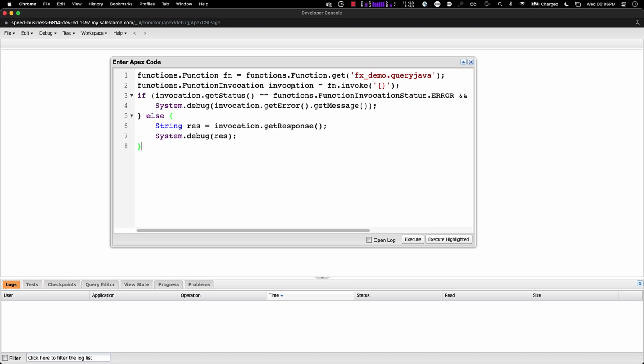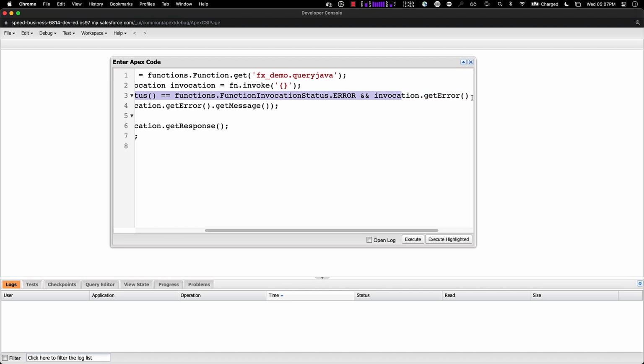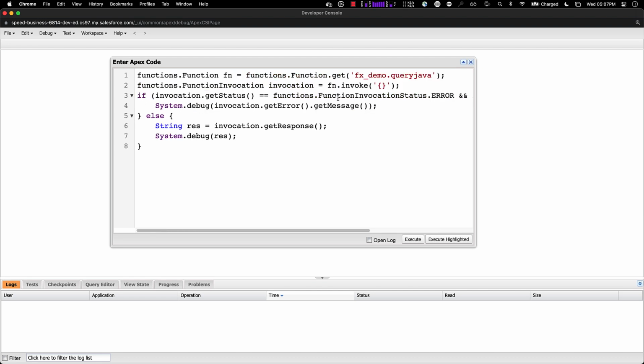I'm having the invocation. So first I am checking if I have any error. If I have any error, I'm going to be printing out the error, or I am getting the response, which is going to be a success, and printing out the success. So let's execute this